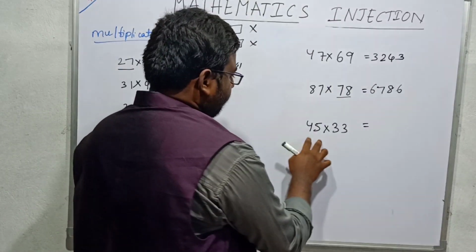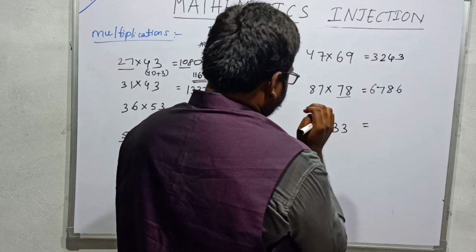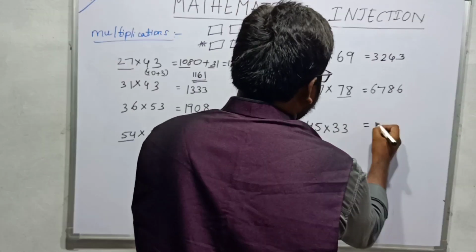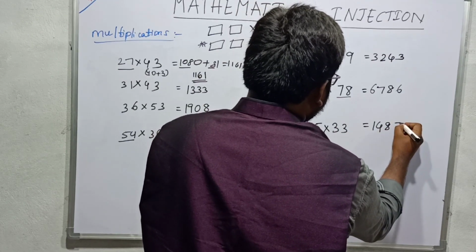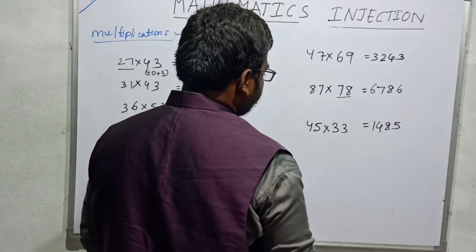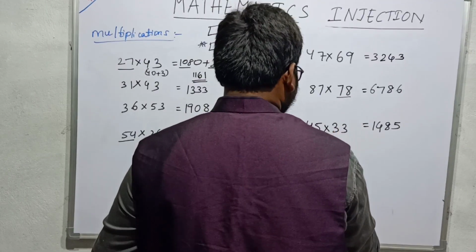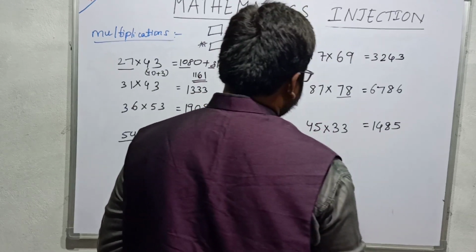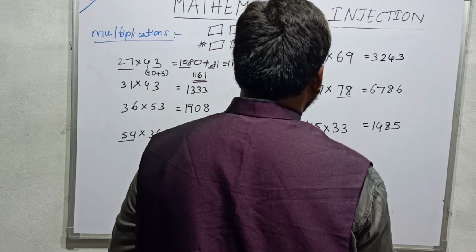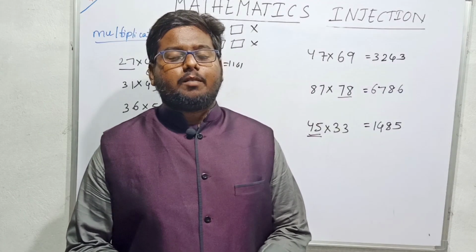So if I have to calculate 45 into 33, 45 into 3, this is nothing but 135. This is also 135. 135 plus 13, 35 plus 13 will be 48, 148 beside 5. So you can calculate with reverse also. 33 into 4, 132. 33 into 5, this is 150 plus 15, 165. 132 plus 16, 148 beside 5. With this, more and more practice, you can get more comfort in it.